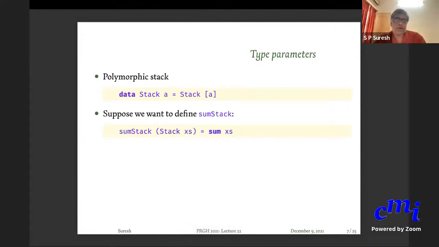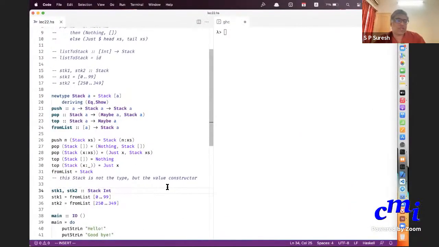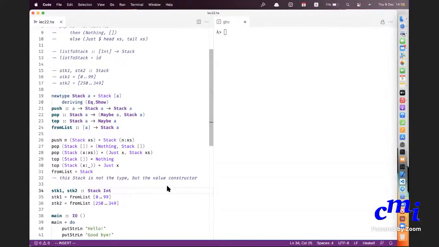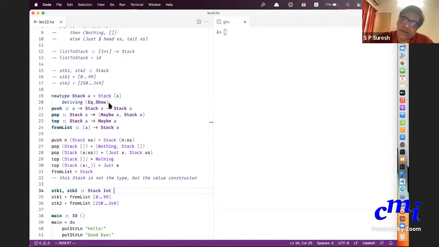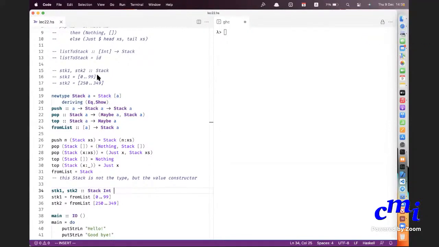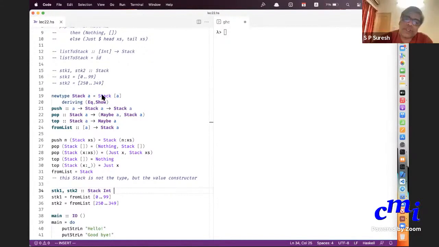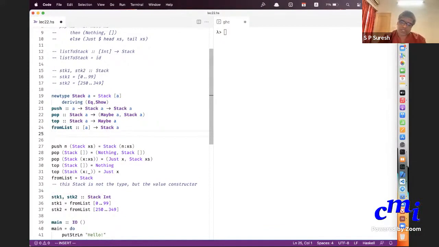Right, now, yes, Milan, your question. You had a question about the underlying things being Showable, etc. So you don't put any constraints here about what happens to the underlying elements. You will put it at the point where you write a function. Suppose I want to sum all the elements in a stack.